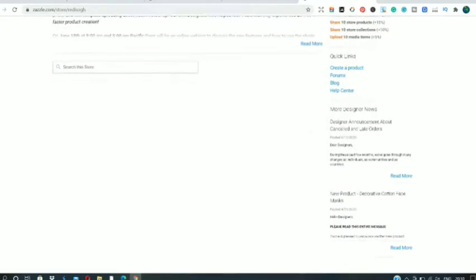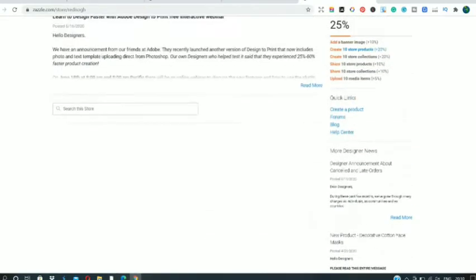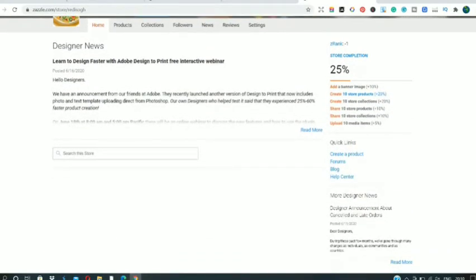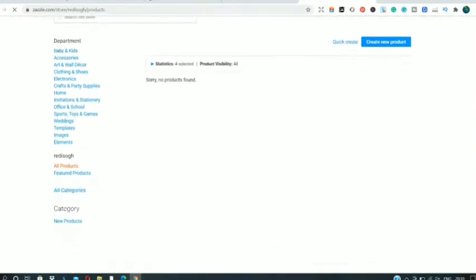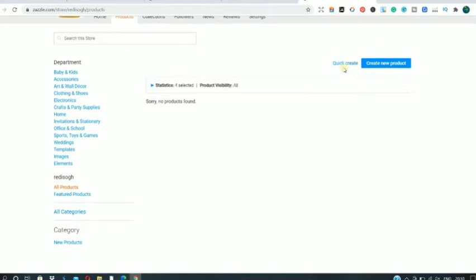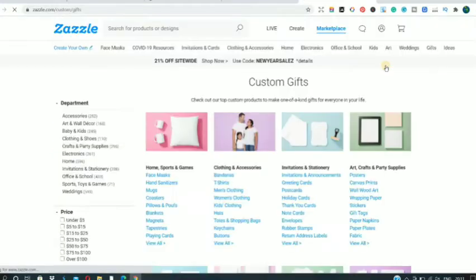Now one thing I'm going to tell you guys, here you need to upload a product. So I'm just going to go over to the product section. Since we don't have any products, it will be empty, but I need to upload a product, guys. Now once we are on the product section, you can see very well there are two options. One is quick create and then there is create new product. Let me click over to create new product and show you what that really means, and why there are two different options on Zazzle, so that you would be aware of that.